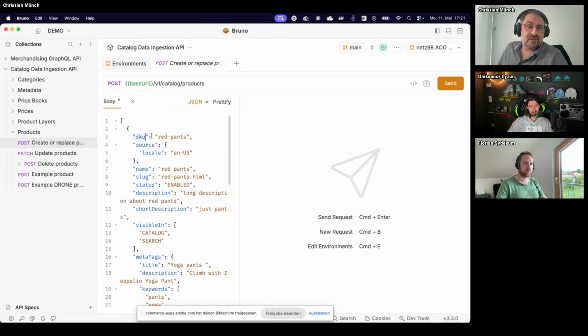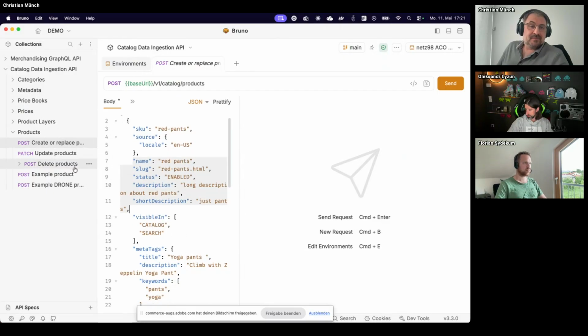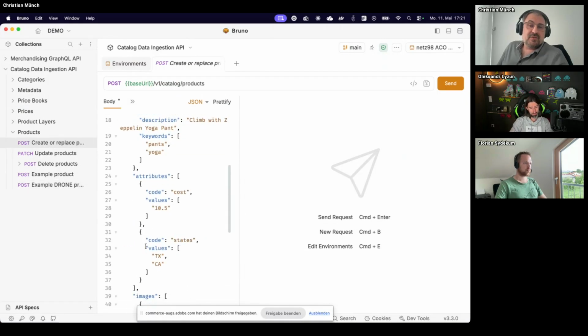In this example, there's one product here, and in the source you define your channel where you post your data to, and some standard attributes are here. If you have own attributes, like in my case, I have here some drones where I added some additional attributes, then these attributes have to be added here in the attributes section. Always in this syntax where you have a code and values, also designed to have multiple values, even if there's just one, pass this array.